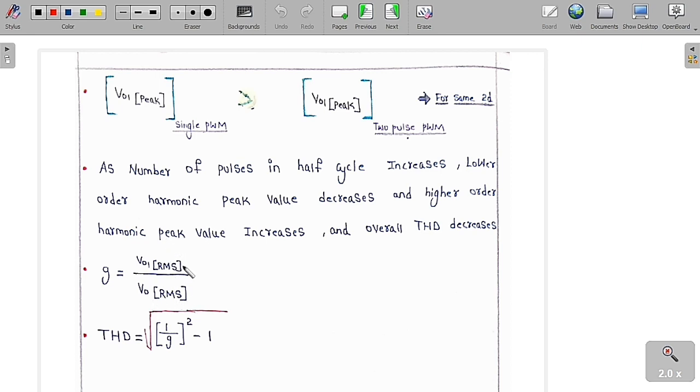So we know each and everything, so we can get the value of G. So THD is equal to under root of (1 by G) whole square minus 1. So simply I can say that whenever you increase the number of pulses in a given half cycle, then we can simply say that